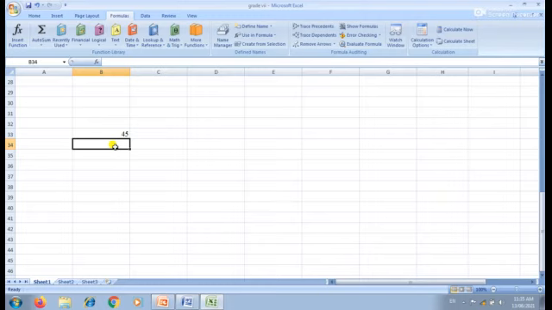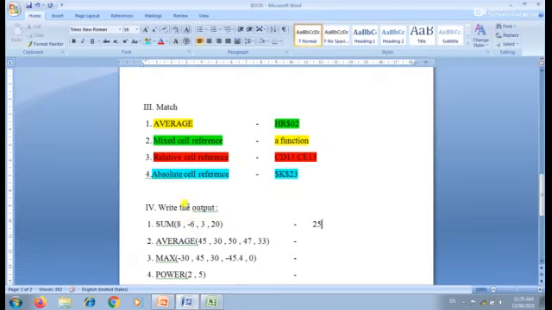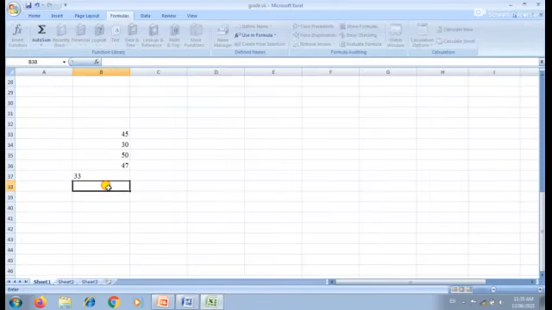See here, student. Average of 45, then 30, then 50, then 47, then 33. Okay, here we have to find out the average of 45, 30, 50, 47, 33.